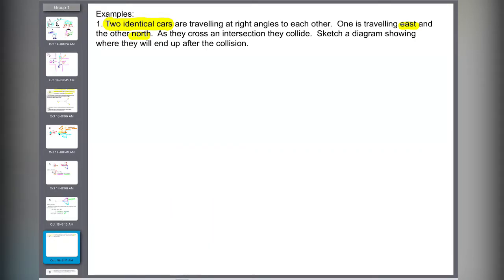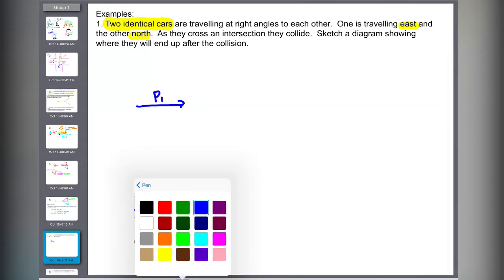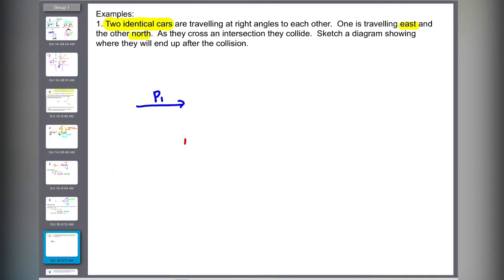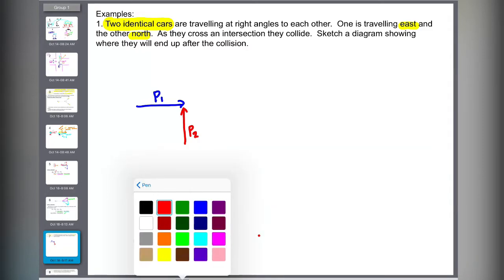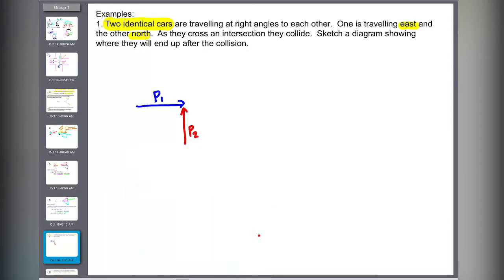Okay, so we have the first car that is going east. Okay, this is P1, first guy. Second car is coming in, going north. As they collide, sketch the diagram showing where they would end up at the collision. If initial have something along the right and something along the up, the final one also has to have something along x. And what we do know is that the initial momentum